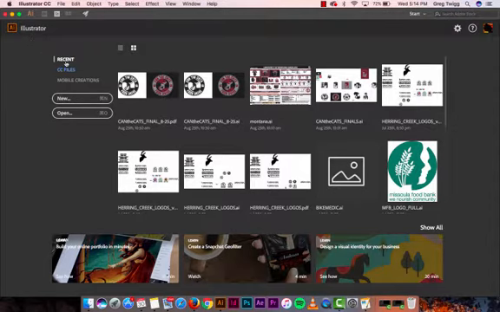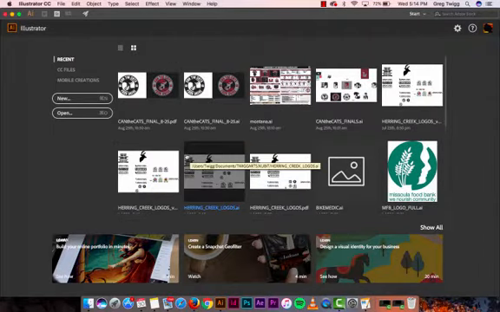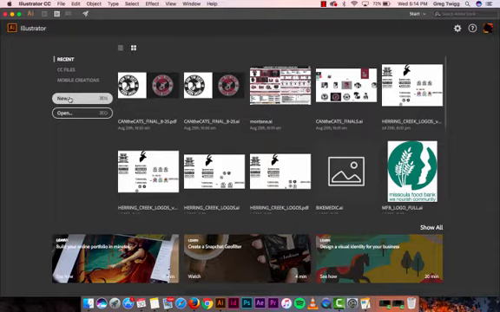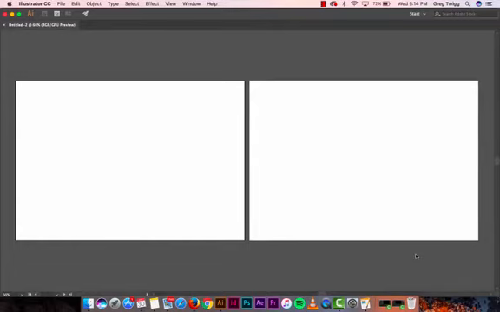But if I close that out and I go back to recent, is it going to give me the one I just did? No, because I didn't save it. That's fine. New. There it is. There's the recent one. Boom, custom. If I change that to 2 artboards now, and I hit create, then it gives me my 2